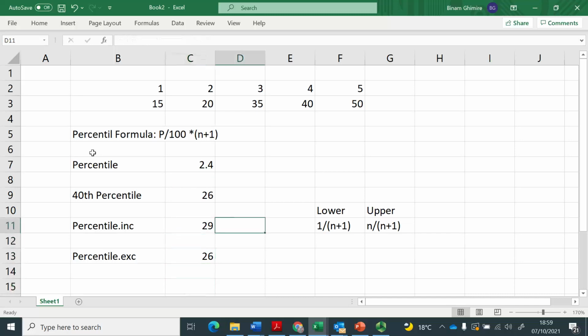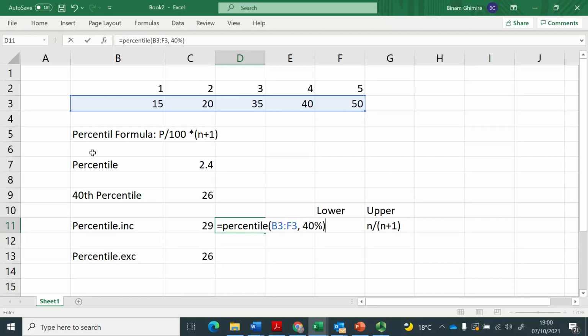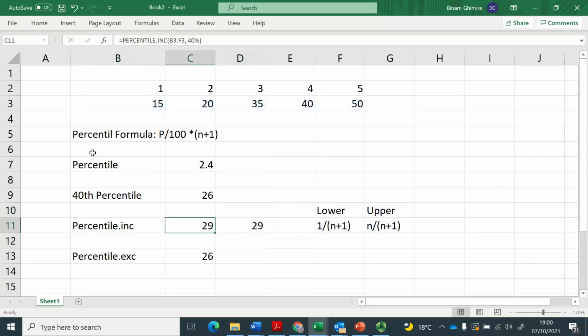And let me also tell you that if you use the simple percentile function without INC or EXC, you are going to get the answer exactly similar to the INC function. So percentile and INC gives you the same answer. It's only EXC which gives you a different answer. So we just want to understand what is